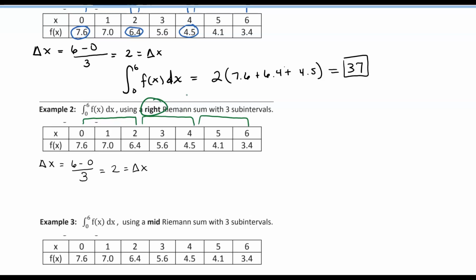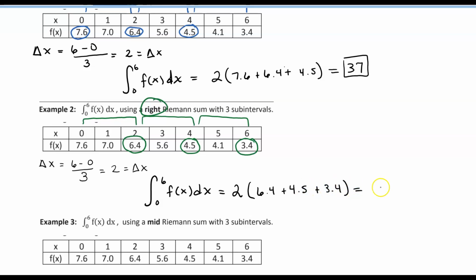So we're going to be using the rightmost value. From 0 to 2, the value on the right of the rectangle is 6.4. From 2 to 4, the value on the right of the rectangle is 4.5. And from 4 to 6, the value on the right of the rectangle is 3.4. Again, we write out the same kind of definite integral notation. You can write it as a summation if you wish, but we're going to factor out that 2 because everything gets multiplied by 2, and we just sum up the y values: 6.4 plus 4.5 plus 3.4. When we do that on our calculator, or you might be able to do it in your head, we get something like this,